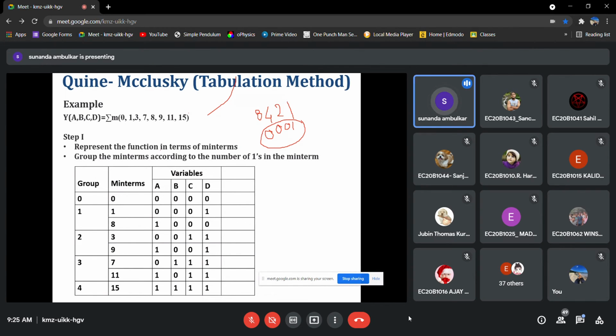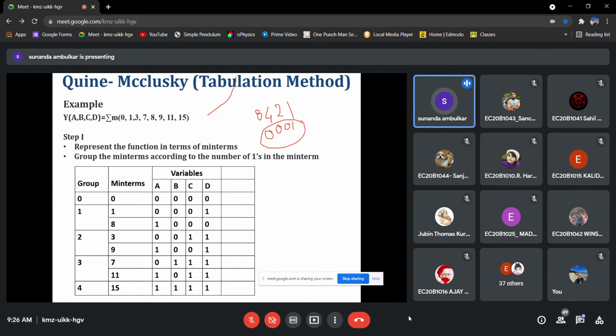Yes. Now see the example. Where is 2 here? It's not there. Why is it not there? Because it does not make this expression true for that min term 2.